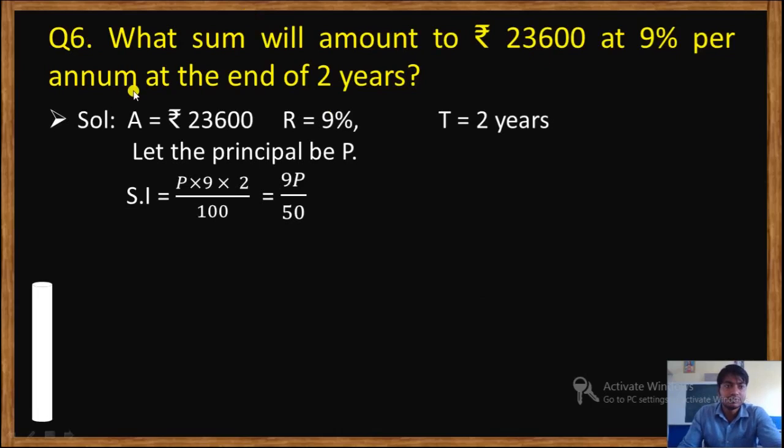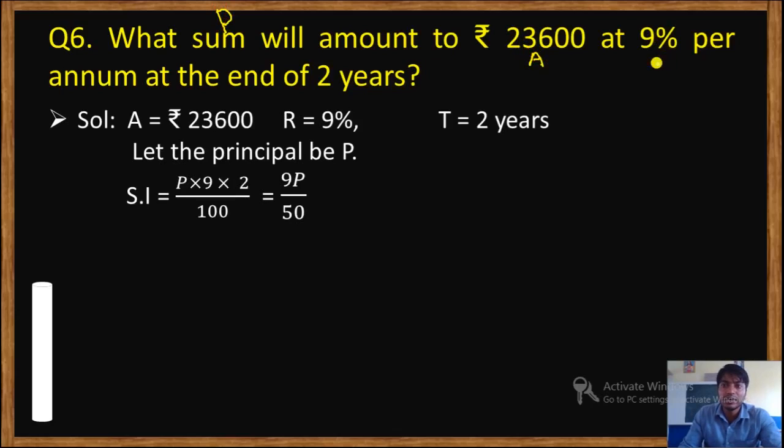Now question number 6. What sum will amount to rupees 23,600 at 9% per annum at the end of 2 years? Okay, so here you can see clearly it is mentioned what sum. That means sum, that means principal we have to find out. Okay, will amount to rupees 23,600. So this is the amount here. Principal we have to find out. This is amount here